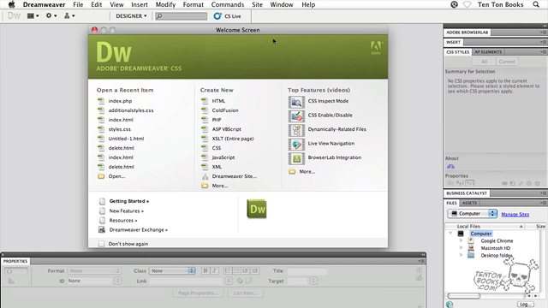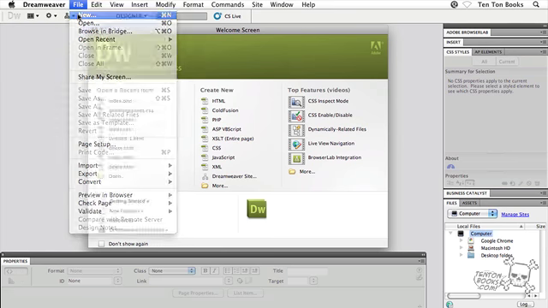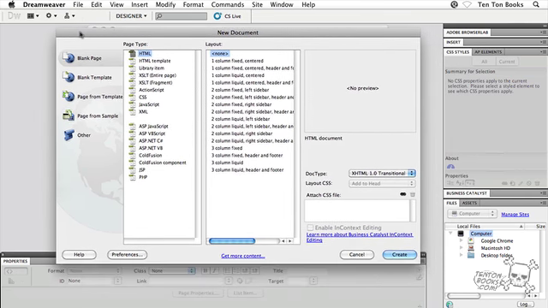So what I'm going to do here is go to the File menu and then down to New to start off here. I just want to show you something real quick here. If you've been using Dreamweaver for a while, I don't know if you make use of some of the pre-created pages that Dreamweaver offers, the CSS Starter Pages, as they're sometimes called. If you come into the New Document dialog box and you're set to blank page and then HTML,